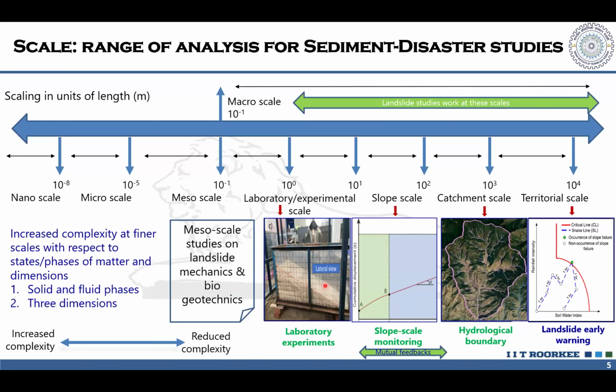And we have a problem of reducing complexity, because as we increase the scale, the human ability as well as the computational efficiency of analyzing a problem becomes limited. So we have to give up some complexity or simplify the problem in terms of the phases of matter as well as in terms of the dimensions. But that may also increase the uncertainty as we move from the fundamental scale to a larger scale. So we have to adjust to address that uncertainty as well.